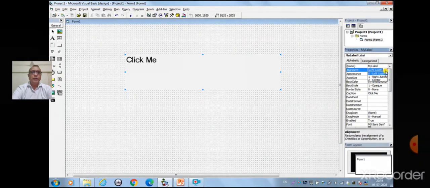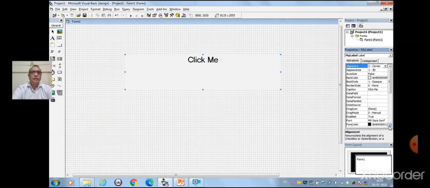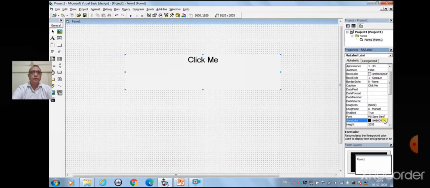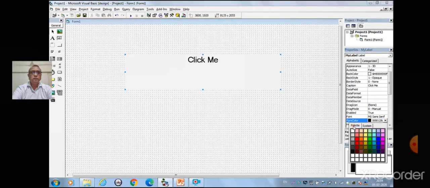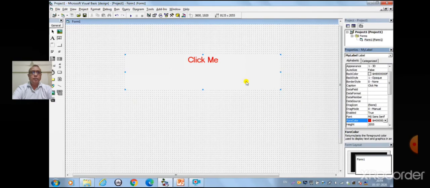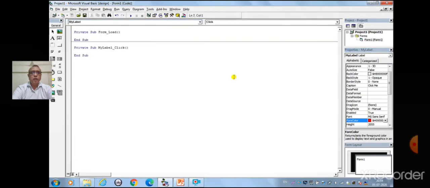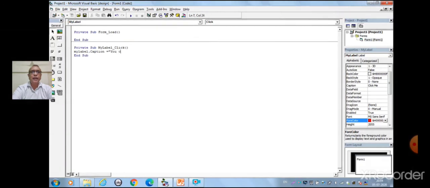Go to alignment and make it center. From the palette, change the color to red. Double click on that label. Now start writing that code. My label dot caption is equal to, in the double quotes, you clicked me once. Here the event is click.